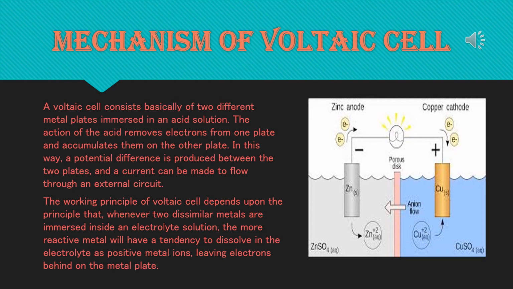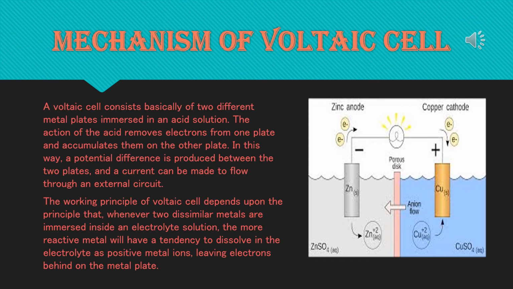Now from the book I am telling you, this cell is named after Alessandro Volta as voltaic cell. In this cell, two plates of copper and zinc are dipped into dilute sulfuric acid solution in a glass vessel. In the solution, zinc plate collects negative charge and the copper plate positive charge. See the diagram of the slide, you can understand.